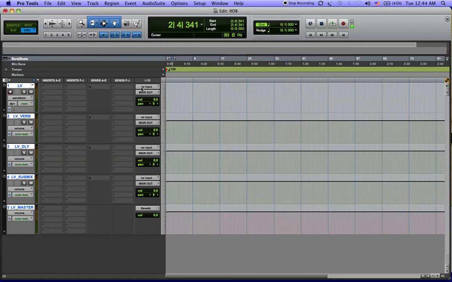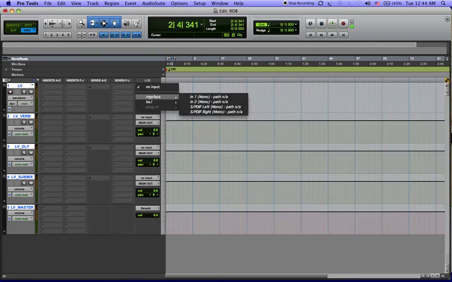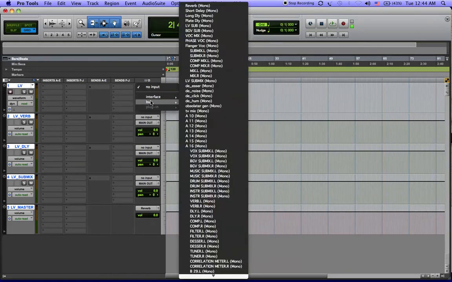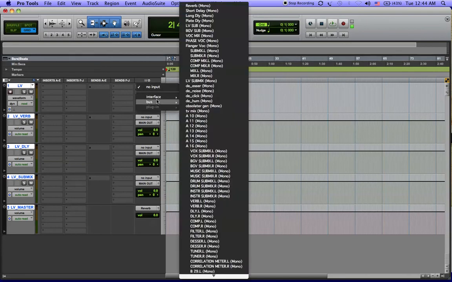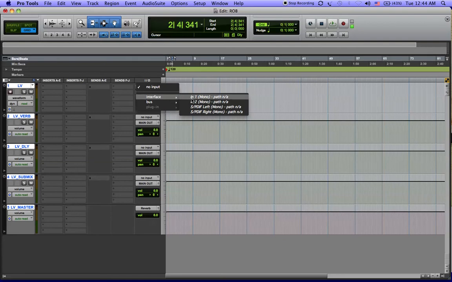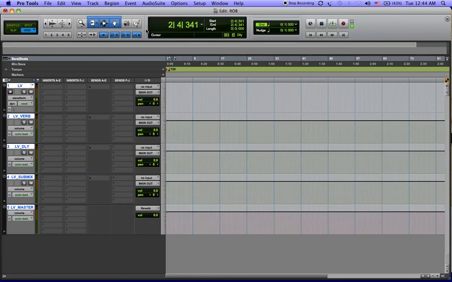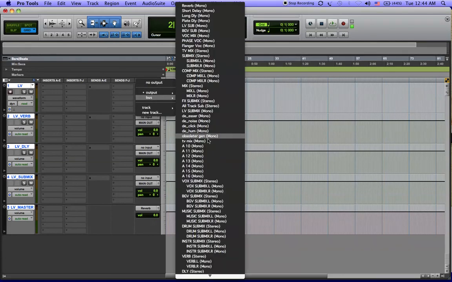And then we will go. We're gonna use some tracks that we're not even using, like this 10. Oh, oops, excuse me, that's no input on there. If I had to put a mic on here, I can go interface, mic, whatever, mic 1, mic 2. But right now I don't need an input. Then we'll bus this one to 10,